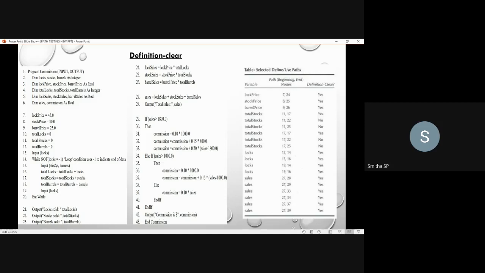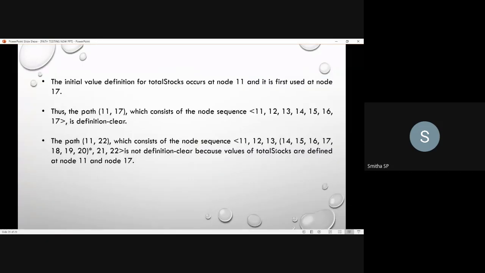That's fine. Once you come out of this loop, again you are using this total stocks for printing the value. So whatever total stocks value you have got, that value will be printed here. Now how will you come to know which value to go, because once again you have to go through the loop. So here the definition is not clear. Once you got that total stocks value, you could have printed it once again in the 21st, making it another line. In a separate statement you could have defined it and used it for the printing. So that's why the definition is not clear here.